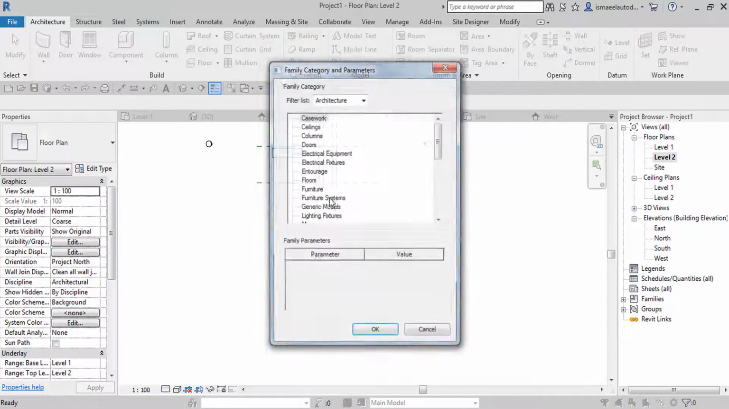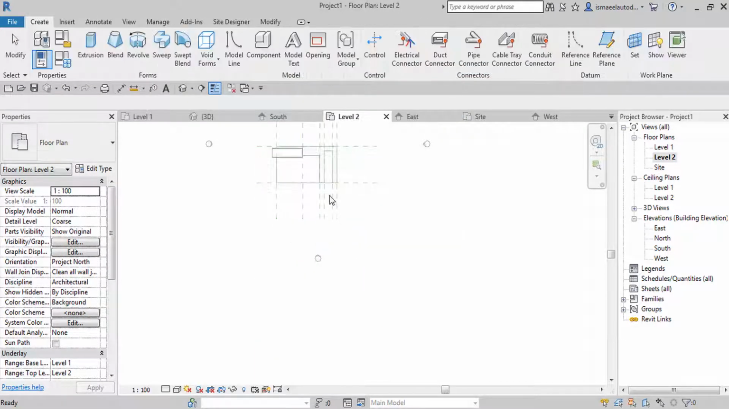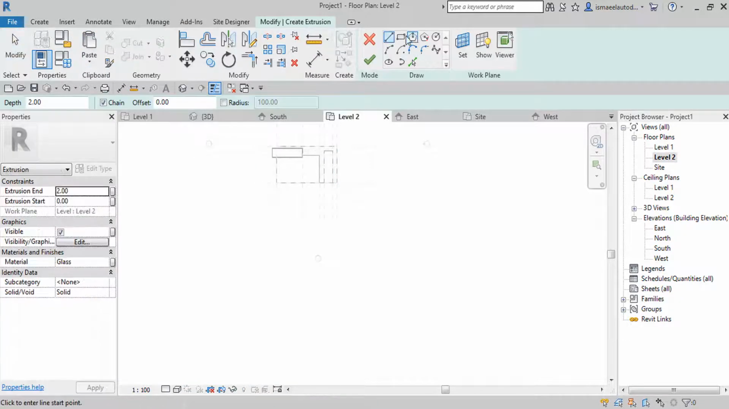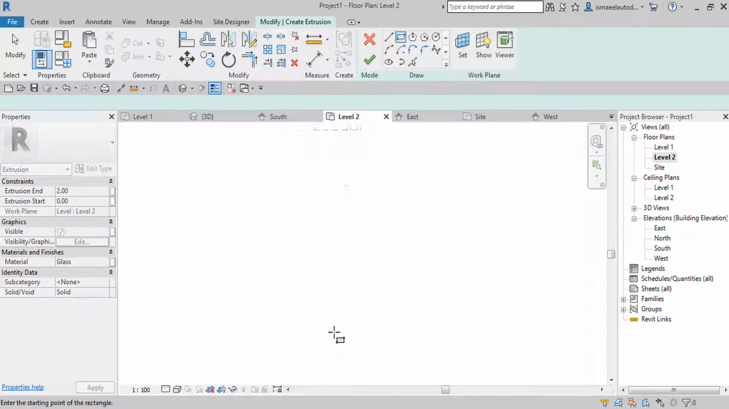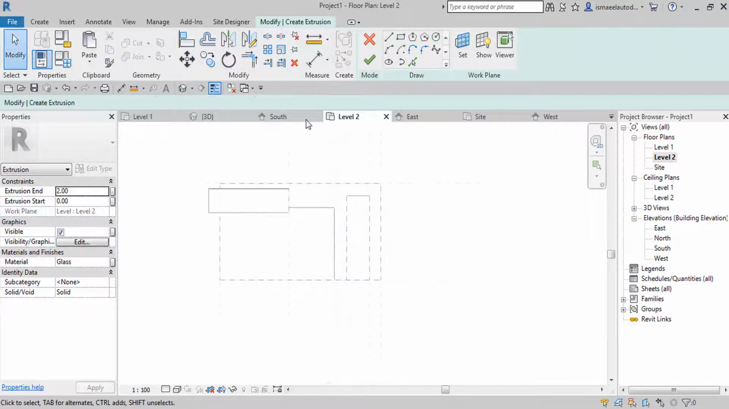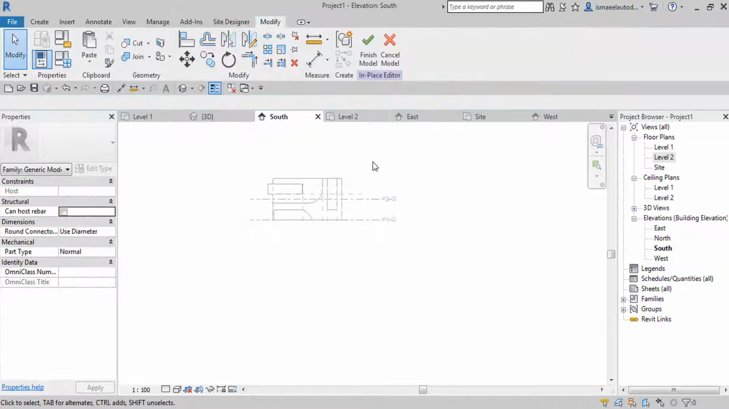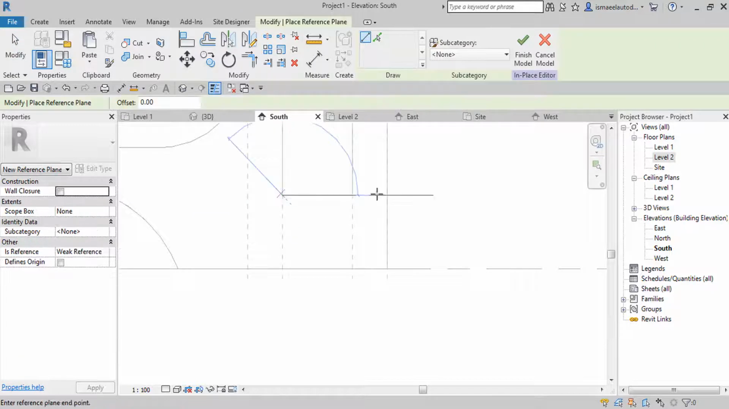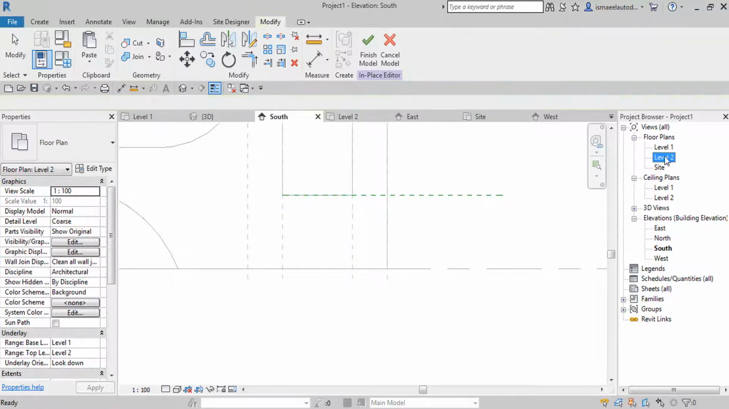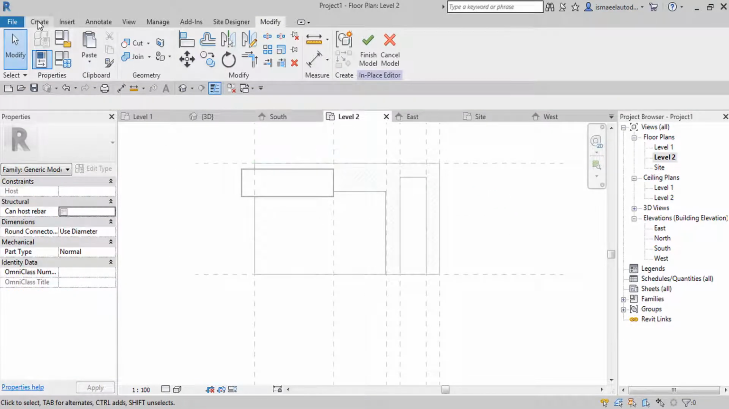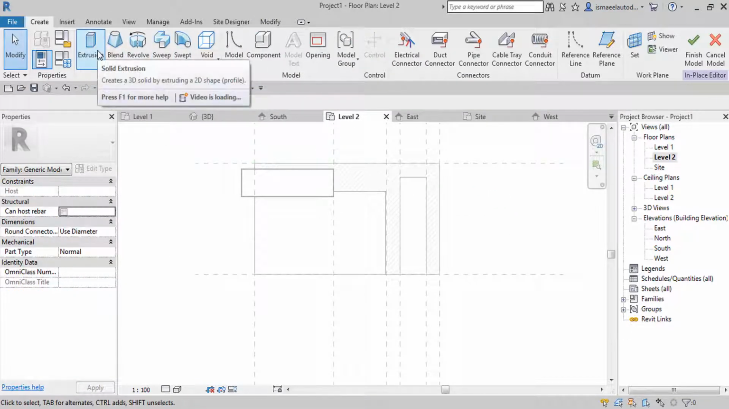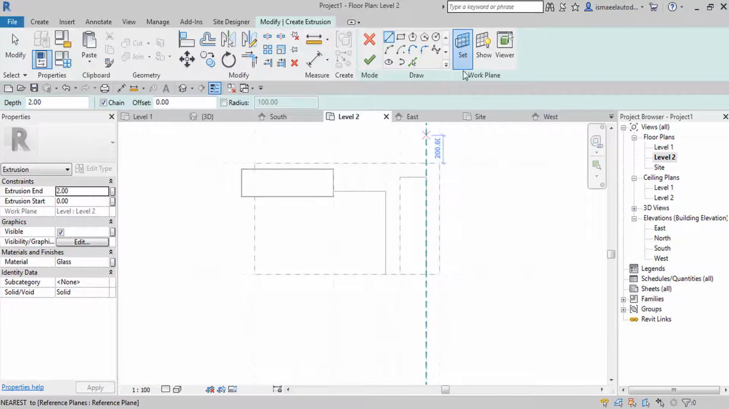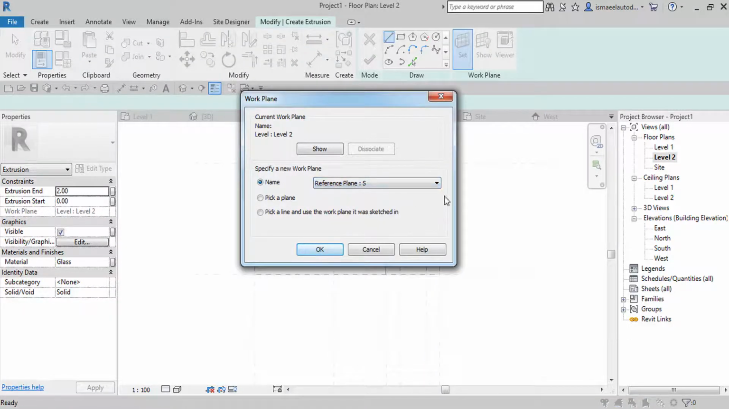create another generic model, the same step I will follow. Let me draw it directly here. Let me go to south elevation. Let me just first say RB from here and then name it S. Go to level 2, create extrusion at S, okay,